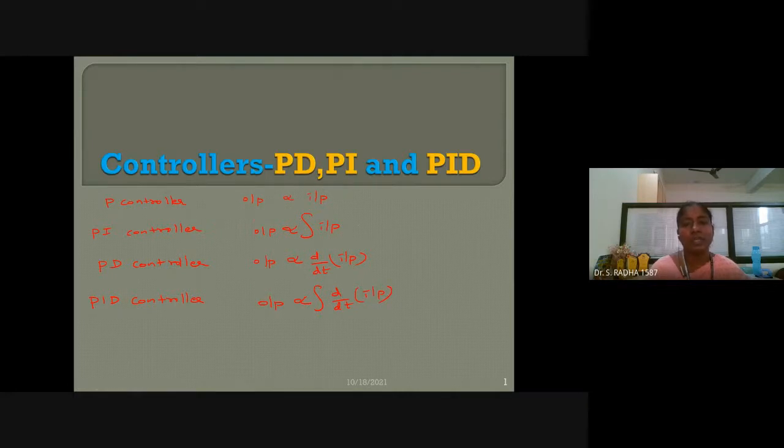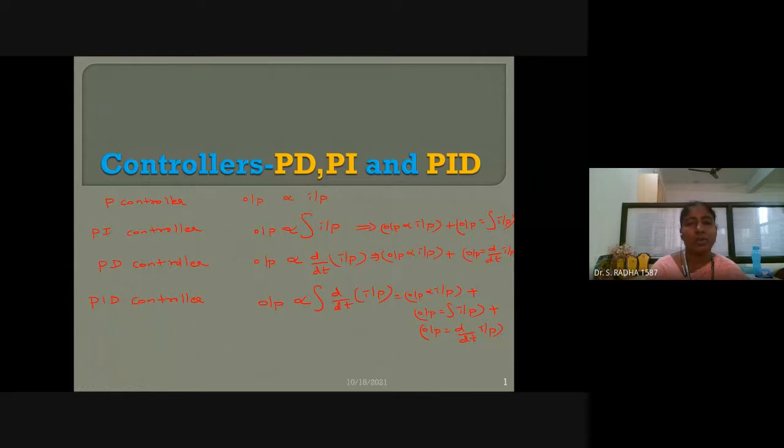So here it will come as output is proportional to input, plus output is integration of input. It will get divided as two terms. Here also output is proportional to input. This is one term, plus output equal to derivative of input. If they are two different terms, they will get added. So here three terms will come: output is proportional to input, this is one term; plus output is integration of input, second term; plus output is derivative of input. This is called PID controller.